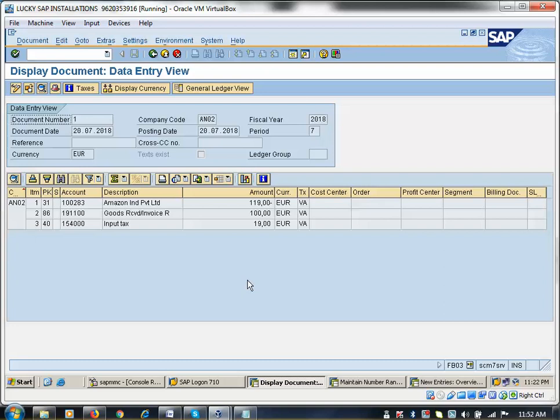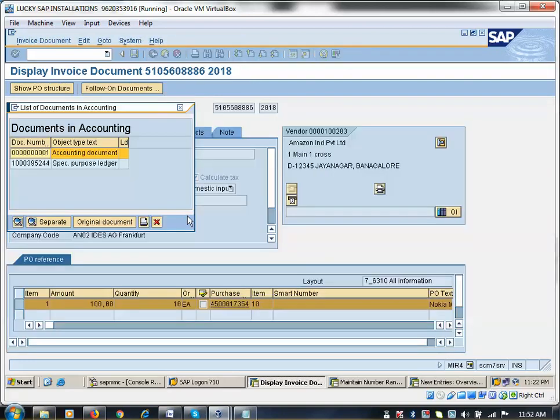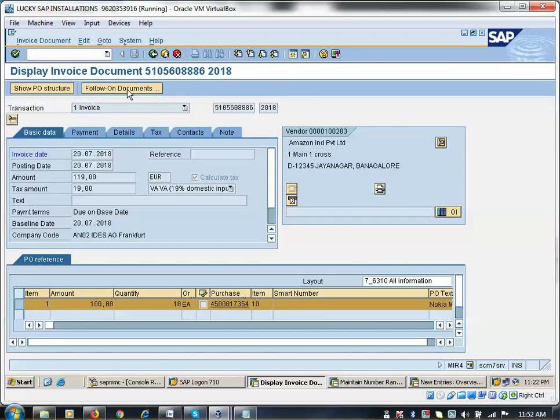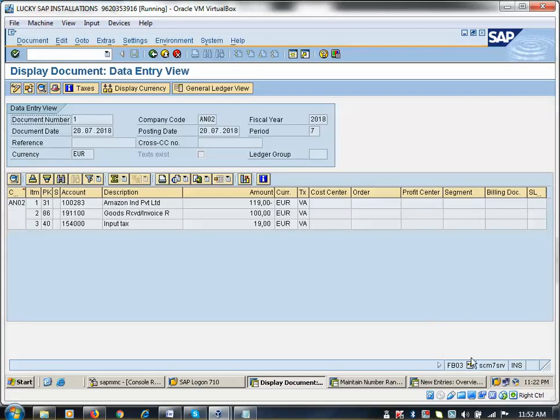For example, if you come to our home scenario, my family members purchase anything, and I am the person to make the payment. Like that also here. So now this is updated. The same value that was updated when you did the goods receipt is copied here. This is the invoice document which is displayed in MIR4. This is the accounting document which is displayed in FB03 here.